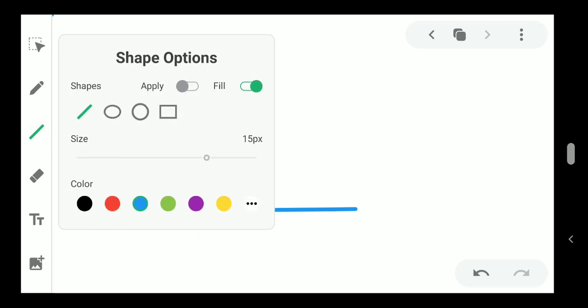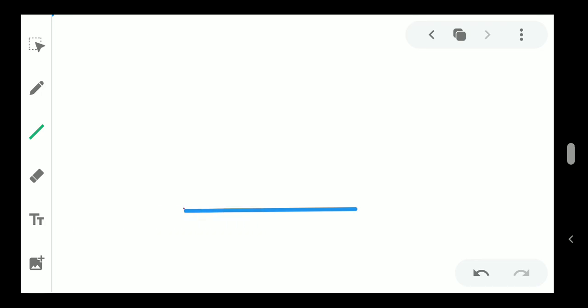Let's say I have a point here, and from that point I have two vectors working together. One vector is A,